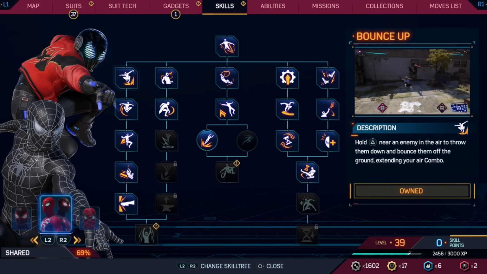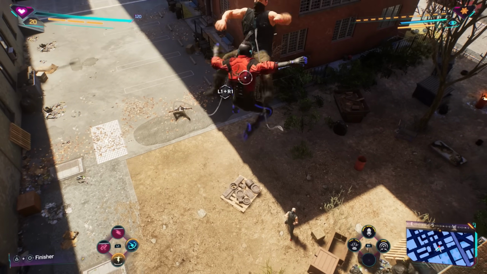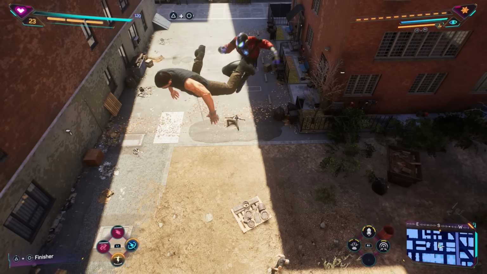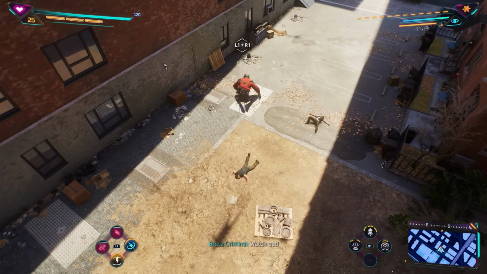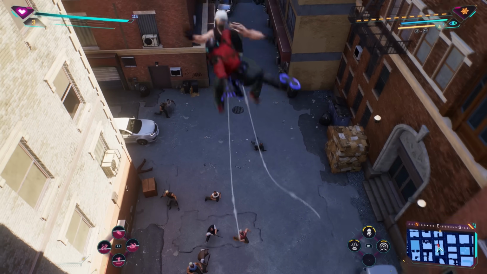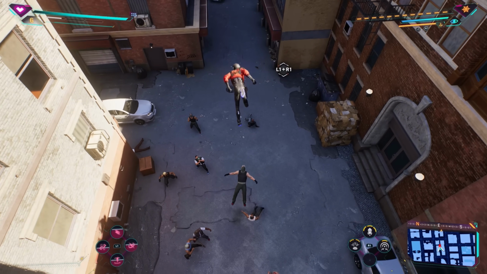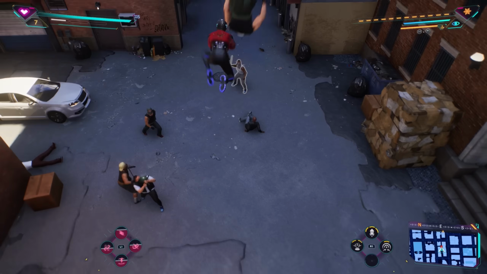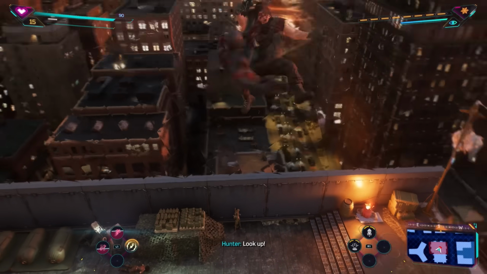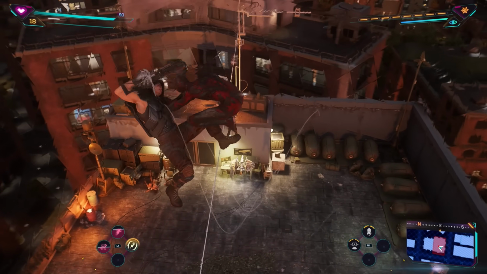Starting things off, one of the most brutal early on combos is the Bounce Up plus the Leap of Bounce. In fact, I recommend this entire line right here in the shared skill tree, as this has infinite combo potential. But the first two will help you a ton to bounce off and ping pong targets between you and the ground almost infinitely. So what you can do is bring them up in the air and then hold down triangle. This is going to grab them and immediately smash them into the ground, which is going to bounce them